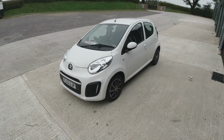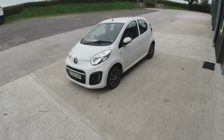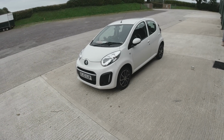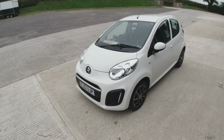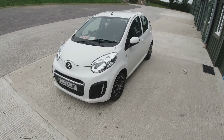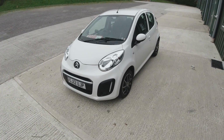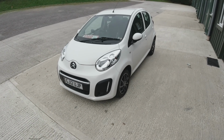Saturday, the little Citroen C1 has just sold. Lovely couple came up from Exeter. It was really cool actually, because the guy drives a moped to work and back. We spoke on the phone before he came up, and he said he wanted something that he wasn't going to get wet on during the winter, but just the cheapest thing to run back and forth to work on. I said literally a Citroen C1 is about as close to a moped as a car gets,